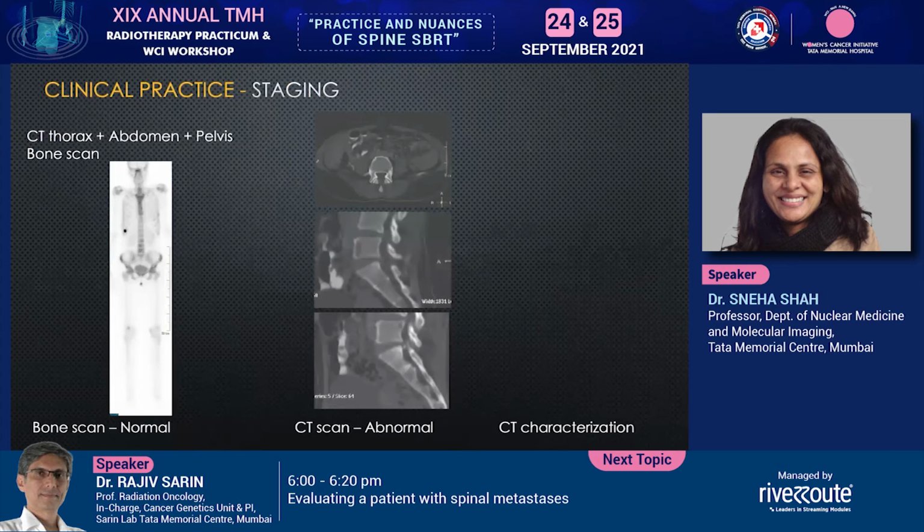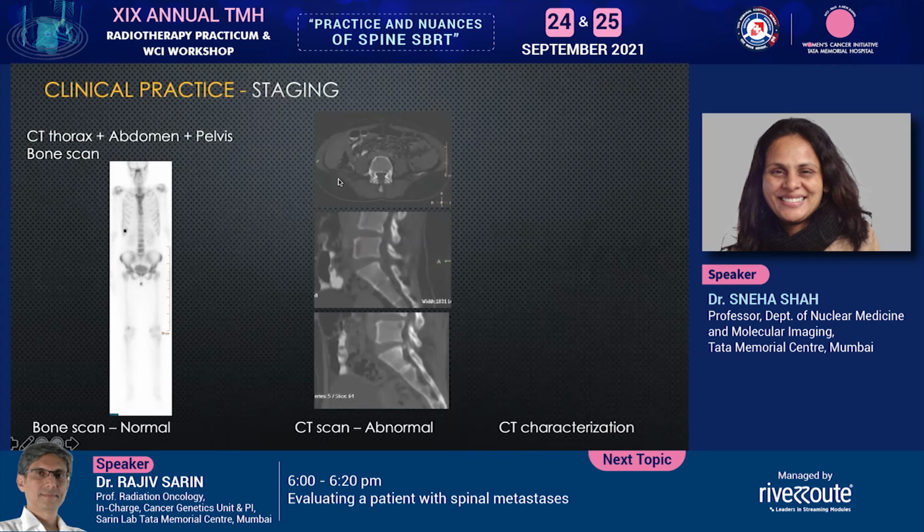Let's move to clinical practice, how it helps us now that we know all the types of radioisotopes which we have available in our armamentarium. This is a case of a bone scan where you see that the bone scan is normal. This patient underwent a CT thorax abdomen pelvis, as is done in our hospital for staging a lot of patients of CA breast. And the CT scan showed lytic lesions at the L5, both in the anterior aspect as well as posterior. And you can see that very clearly even on the transaxial image.